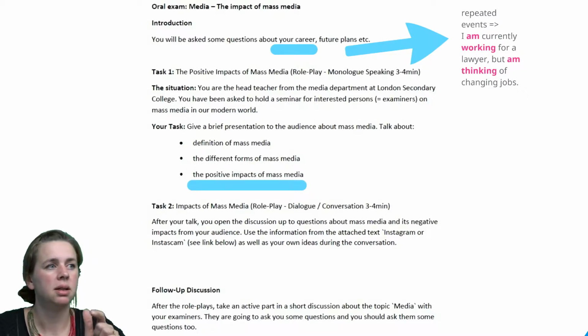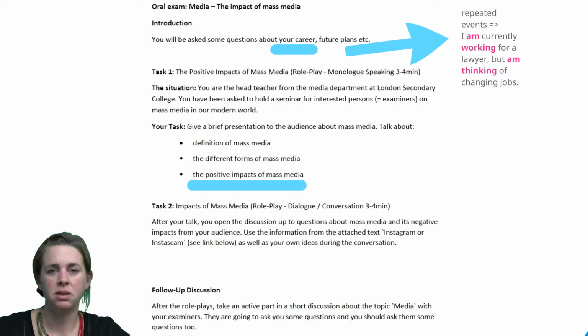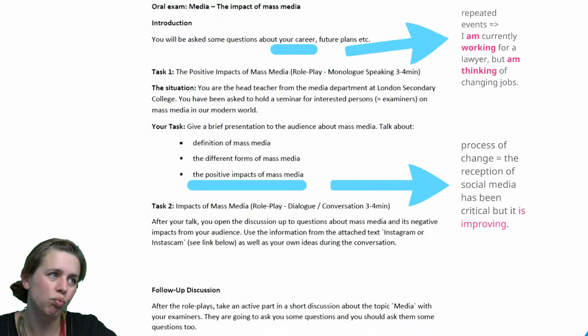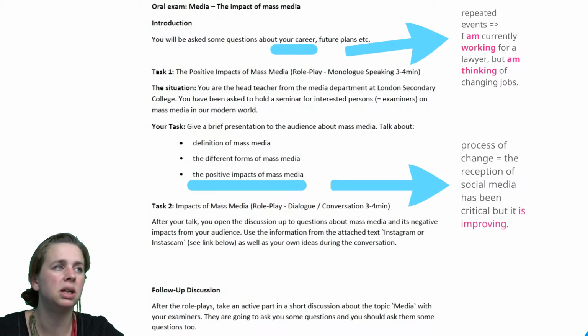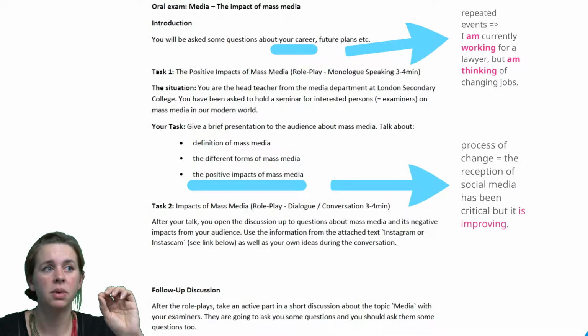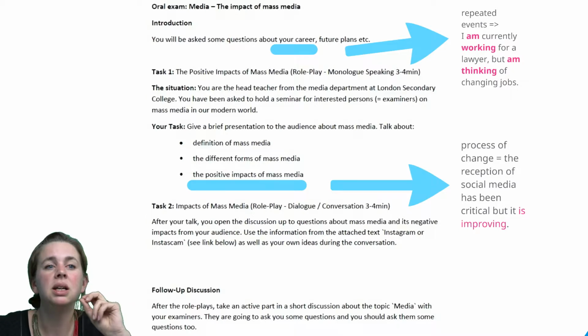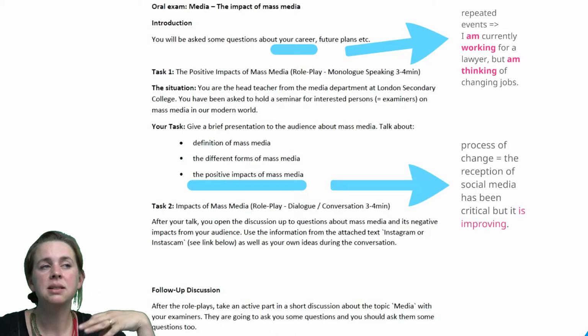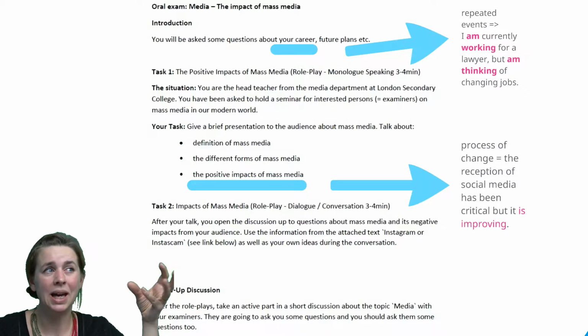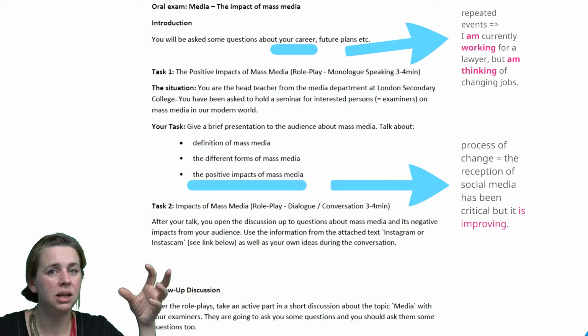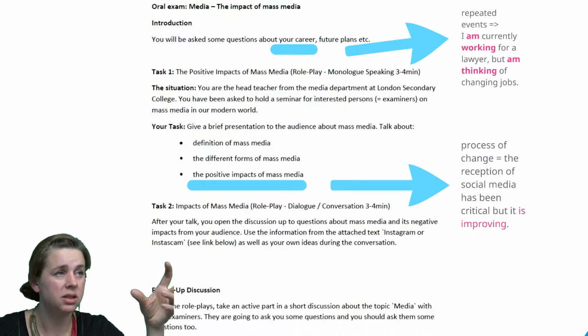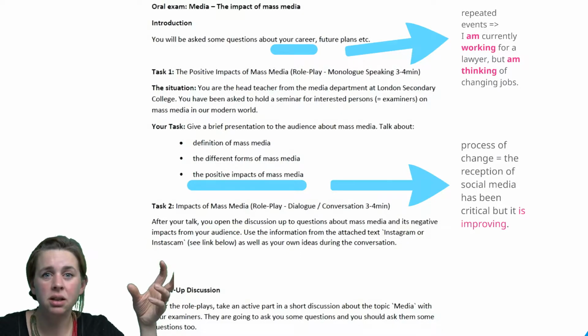And then here's the thing, the positive impact of mass media. You could use the present continuous when you talk about the process of change. The reception of social media has been critical, but it is improving. These are probably the only two cases where you would have to use the present continuous, because actually in an exam,